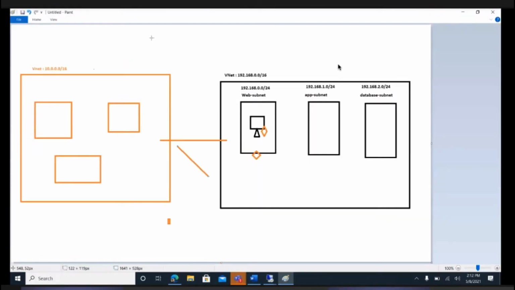I'll show you. And here I actually have a second question. If I have a different account and the address space is the same, is it possible to have connectivity? Correct. So let's say, no, I'm not saying, let's say 10.0.0.0/16.